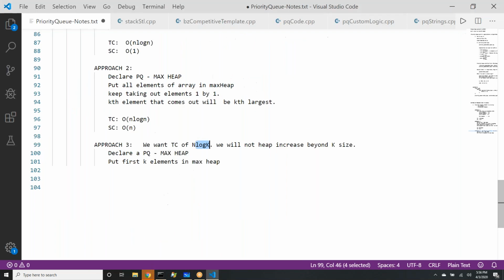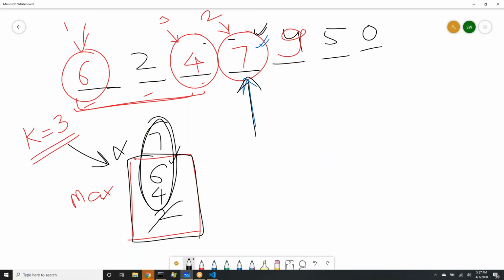A max heap can delete the max value, but not the least value. So which heap should we take? Will it be a max heap or a min heap? Yes, it should be a min heap. So keep in mind, whenever you are finding the kth highest value, you will take a min heap. Whenever you are finding the kth smallest value, you will take a max heap. So it is reversed. We hit a roadblock earlier when we were going with a max heap. Let's change it to a min heap and see, can we keep track of the highest 3 values?